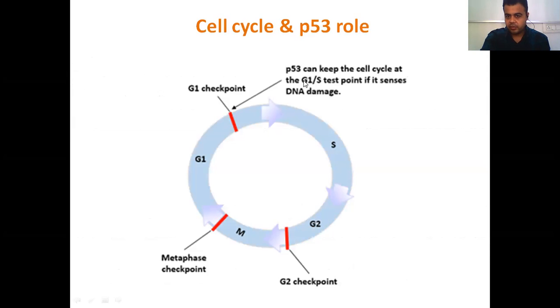So here it plays the role, as you can see. Everything is okay, so the cell goes into the second phase of the cell cycle. Then it goes to the G2 checkpoint, where it can also influence it. And if everything is fine, the cell will divide at the M phase, the mitotic division, and two new cells can be formed, as you can see. So it plays a role at the G1 checkpoint. Make sure you pay attention, it is very important for questions.